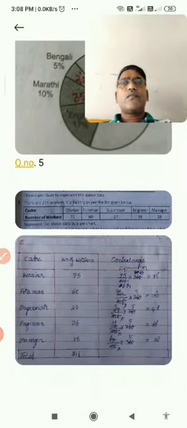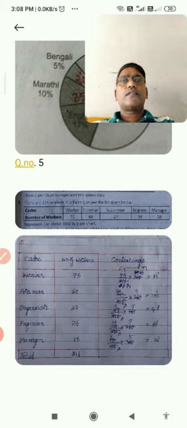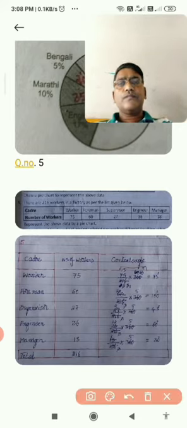In question number 5 also we are going to construct the pie chart only. You are going to do that. Only I am going to give the table to you. How to construct the table? I mean how to construct the central angle table. It is not a frequency distribution table. It is a central angle table. Again the same meaning will become here if you observe.